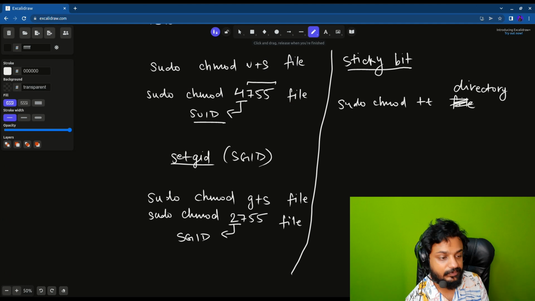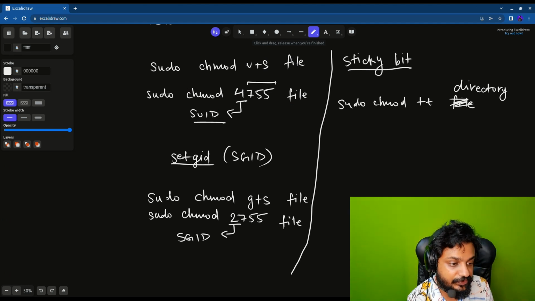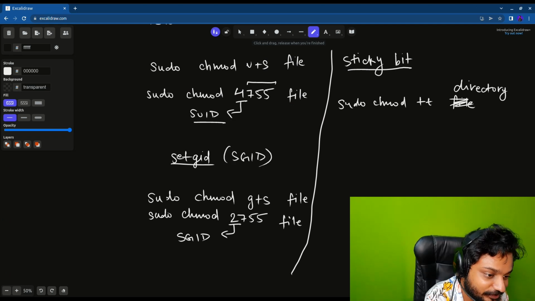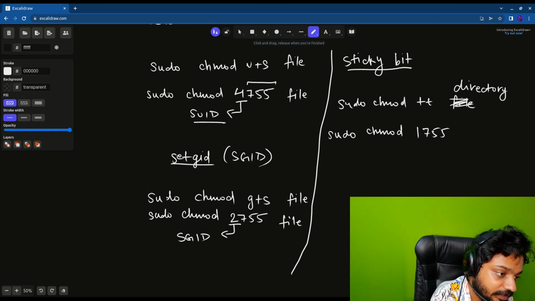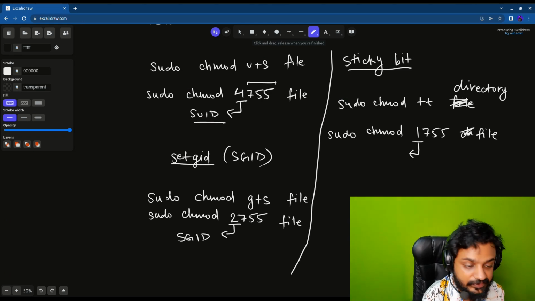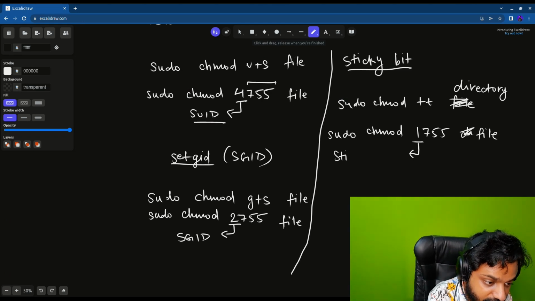I haven't seen an example of a file, but it might work on a file. I can try that. The second way of doing it is sudo and chmod and then 1755 and then directory or file, whatever it is, right? This one, as you might have guessed, is the sticky bit permission,